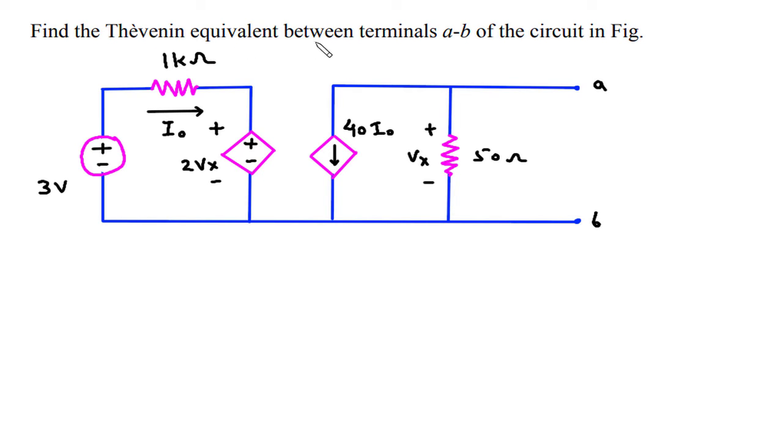Find the Thevenin equivalent between terminals AB of the circuit in figure. Solution. We have to find the Thevenin equivalent between terminals AB. So for that we need the value of RTh and VTh. So to find RTh,